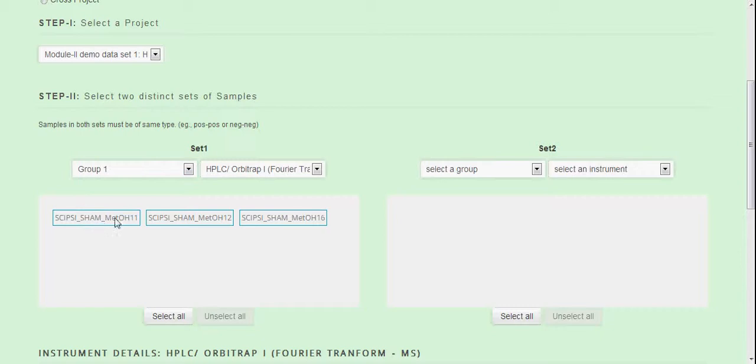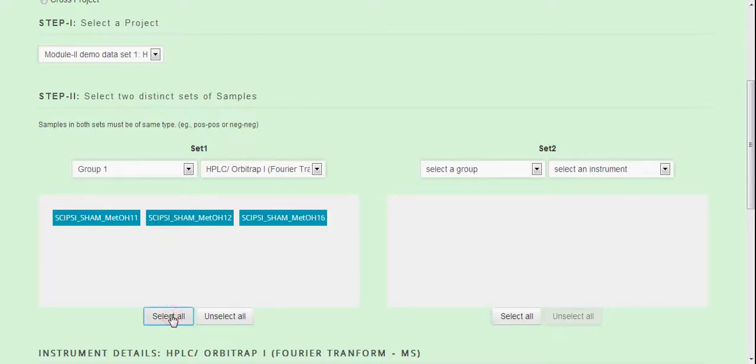So now these are the three samples present in group 1 that are shown here. So you can select a single sample, you can select two samples, or you can select all samples. It's up to you. For example, I select two samples here from group 1.